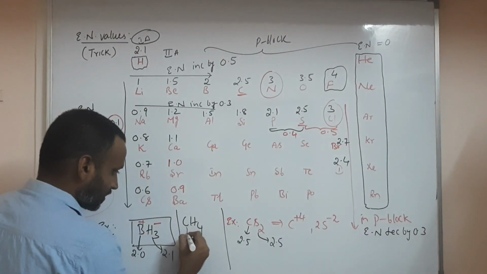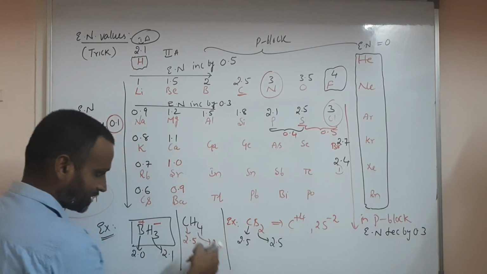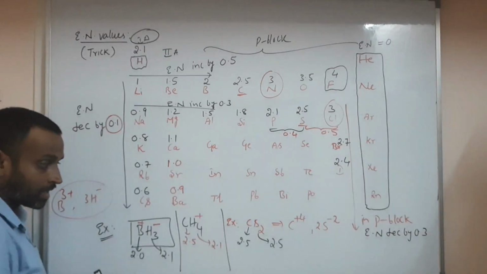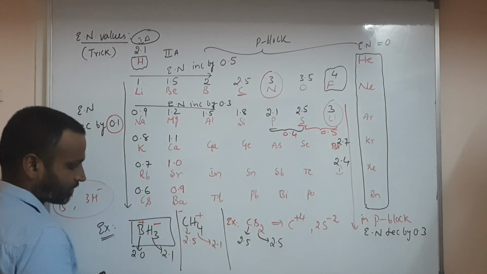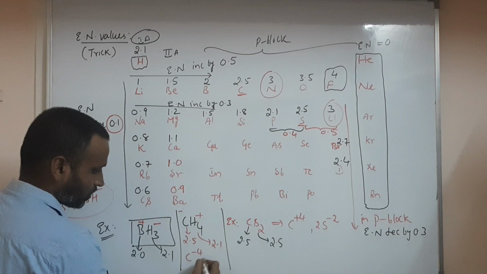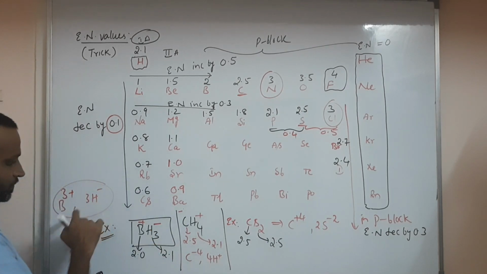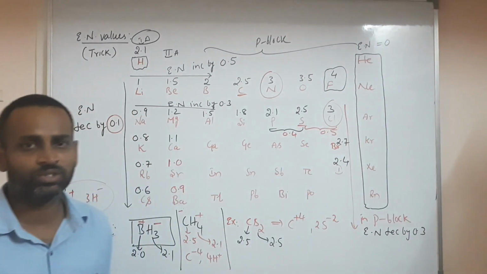But carbon electronegativity is 2.5 and hydrogen is 2.1. So hydrogen is less electronegative, so hydrogen has positive charge here. Carbon has -4 here, so of course negative charge simply. So carbon is having -4 and 4 hydrogens plus 1 here. Here hydrogen is -1. Are you understanding the difference? We can separate charges like this.